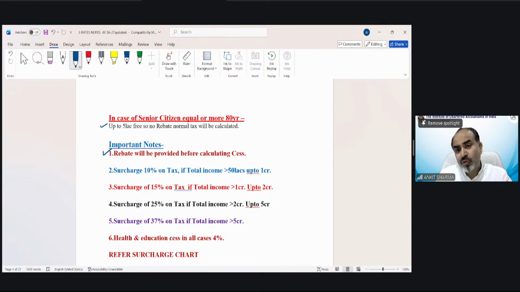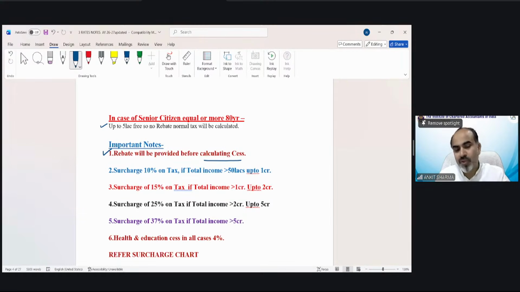Because for a super senior citizen, income up to 5 lakh rupees is exempt, and rebate is only available if your income is up to 5 lakh rupees. So practically a super senior citizen can never claim rebate under the optional tax regime. Now rebate will be provided before calculation of cess, because cess is applicable at the end after rebate